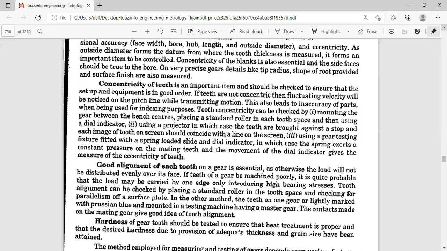So you have to use a profile projector also, because in profile checking method, we'll try to elaborate that. The profile projection method, and you can use a gear testing fixture also, just like the floating carriage, the fixed carriage and the floating carriage as well as the Parkinson gear tester. Because here, what is the use of the spring?